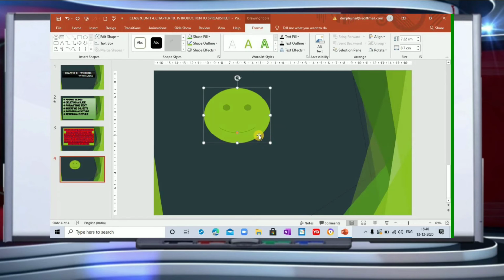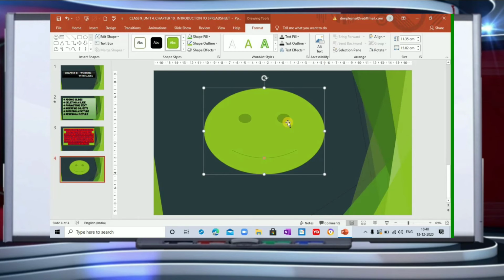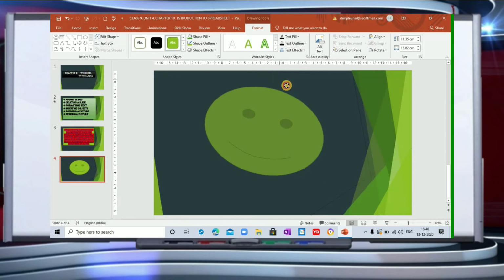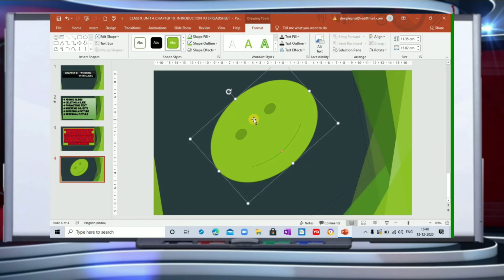Now you have this shape, so you can use the color of this. You can pick up the shape style, it is given here. Now the important part is that you can drag it from the corners that you already know. You can resize it, you can make it big, small, whatever you want, and you can rotate it also. Here you have a rotate handle, so you can rotate the way you want. This is how you can use your different features, different functions in PowerPoint.